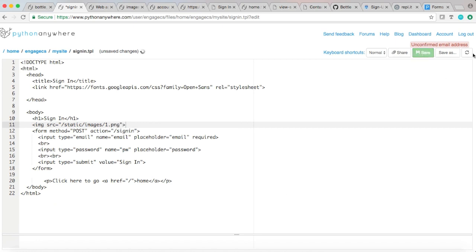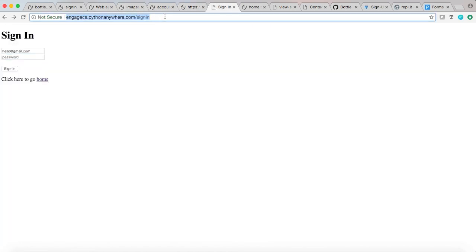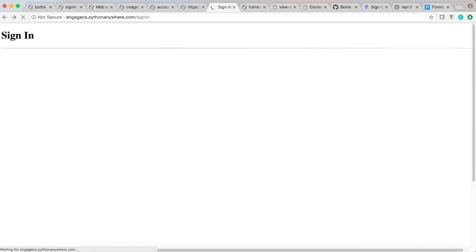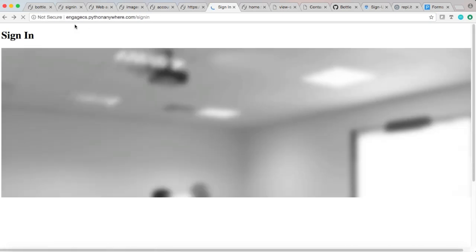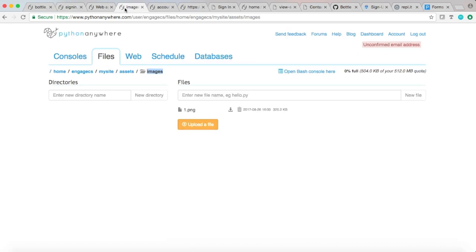So now if I save this and I run it, and I go back to sign in, I should have a page that has the image on it. And there we go. It works. So we have set up our static directory, our static files. We're good to go. And now what we can do is go and create, under images,